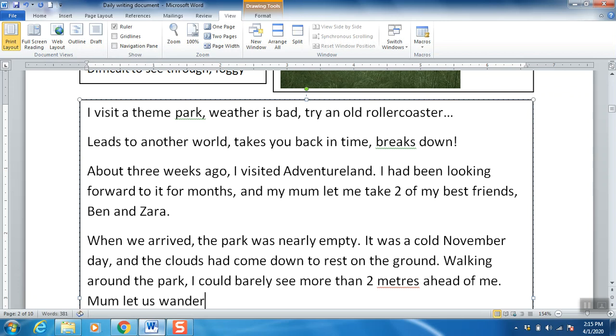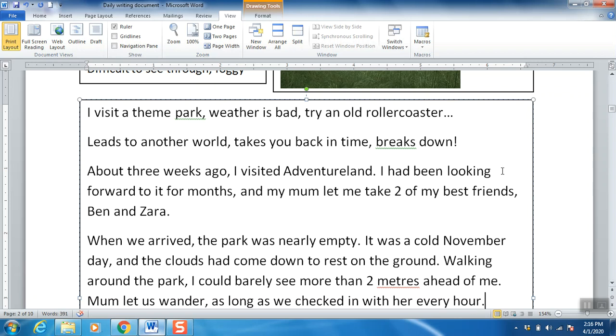Mum let us wander off as long as we checked in with her every hour.